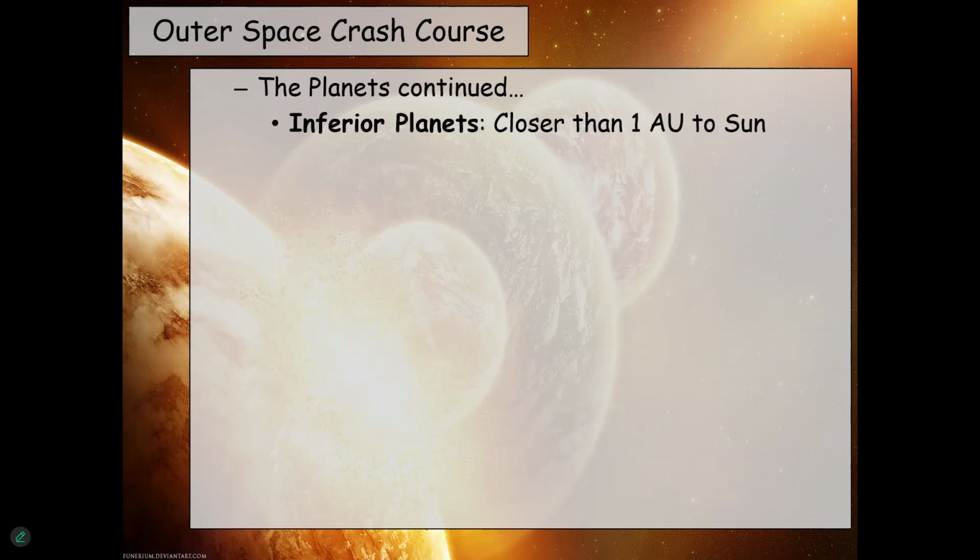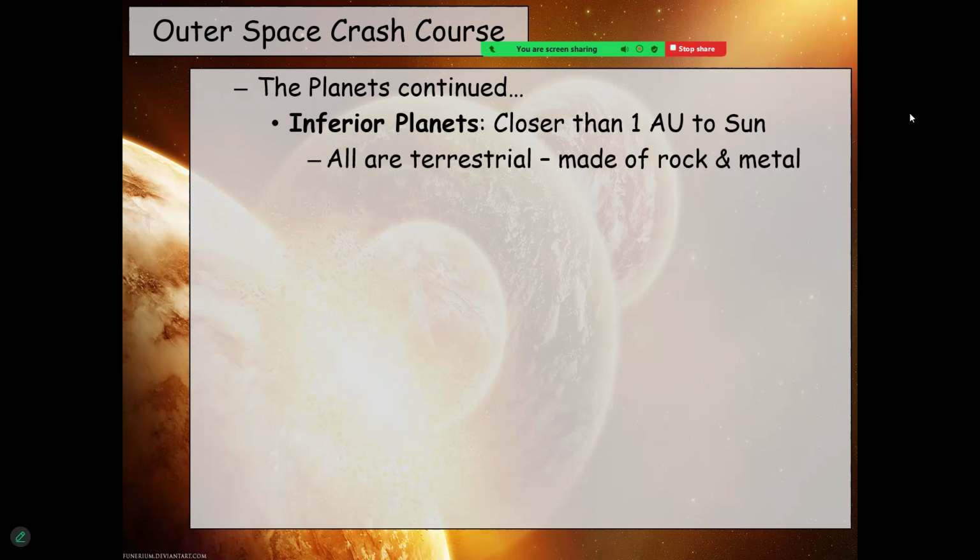All right. So let's talk about the 8 planets, and we will start with the inferior planets. Not inferior in that they are not as nice or not as good. Inferior only in that they are closer to the sun and therefore less than one astronomical unit, AU. You'll see the abbreviation on the screen there, right? They are closer than one astronomical unit to the sun. The closest of the inferior planets is, of course, Mercury.